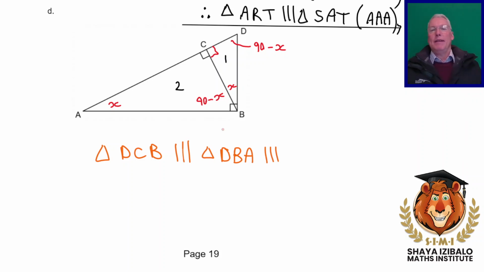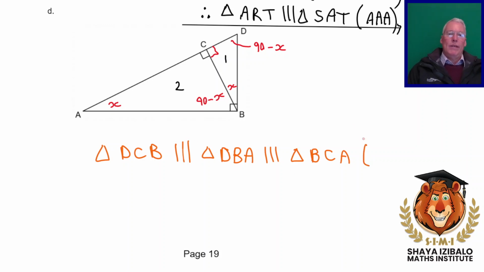Now if we look at DBA, the big triangle, right, we starting at the one that's 90 minus X. So we're now in triangle 2. The angle that's equal to 90 minus X is B. We go to the 90-degree angle, and the 90-degree angle is at C, and then we go to A. And you'll see that these two A's are in the same place because that's the common angle. The reason, we've proved this now by angle, angle, angle, but in fact we can also say